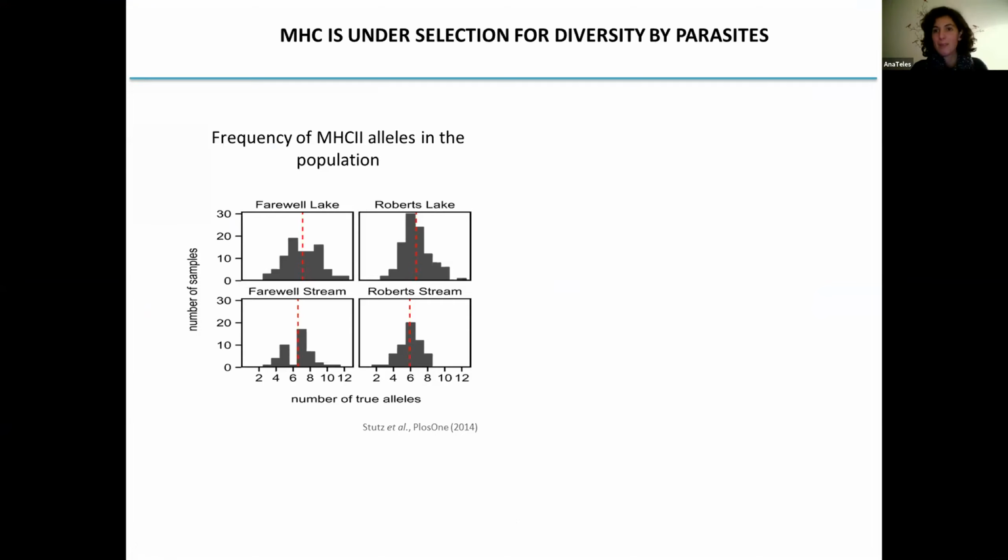Yeah, exactly. Okay. So we have a question from Incarnita. Have you looked at the overlap between fish with different MHC alleles? Yes, there was very low overlap. And this is something that we want to check by increasing the number of samples that we sequence, to see if it's really like this or if it's just due to the number of cells sequenced.